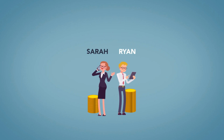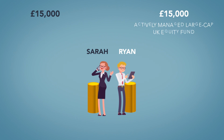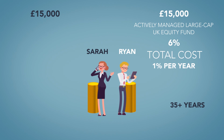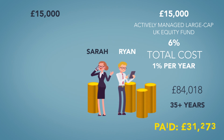Ryan and Sarah both have £15,000 that they decide to invest. Ryan puts his £15,000 into an actively managed large cap UK equity fund, which delivers an annual average return of 6% before tax. But the total cost of this investment is 1% a year. Over 35 years, Ryan's pot has grown to £84,018, and he's paid